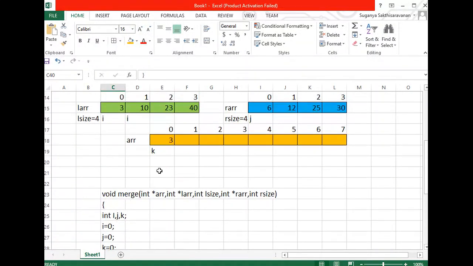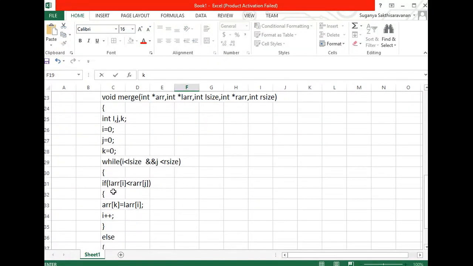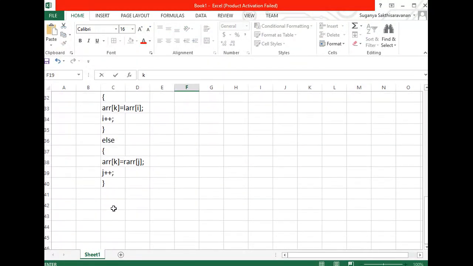Parallelly, I should move the pointer of my new array also, right? The same position I should not insert into again. So after checking both conditions and performing the insert operation, overall you are supposed to increment your k value with k plus plus. Done. Now it's working fine for this one.